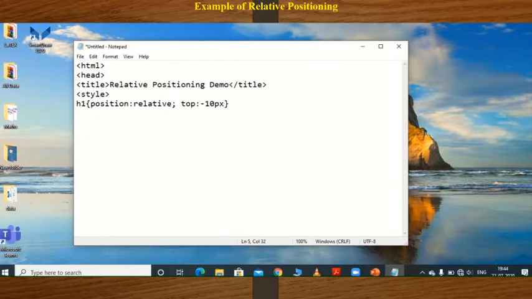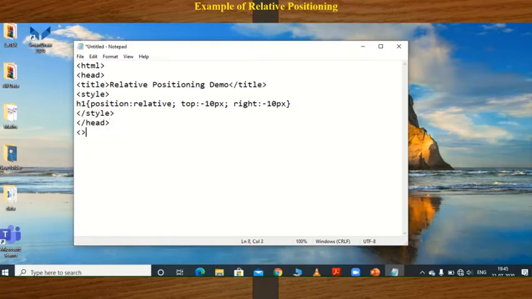Then right colon minus 10 pixels. So here are some properties I want to set. Then close the style tag, then close the head tag.